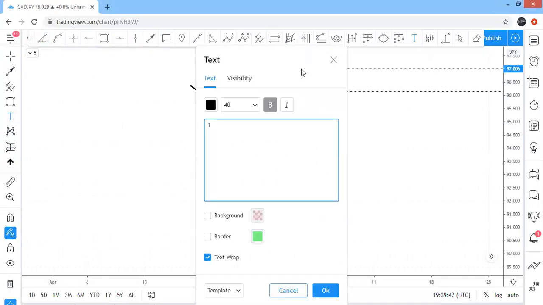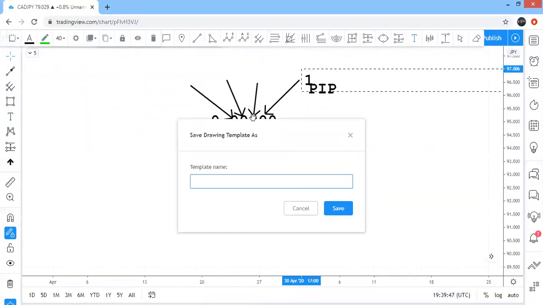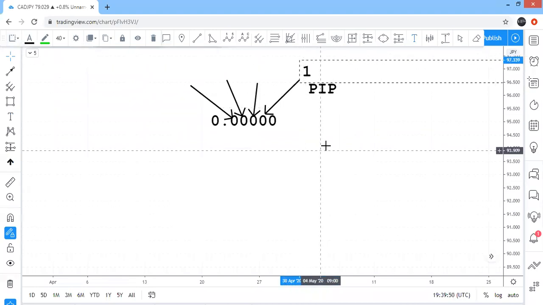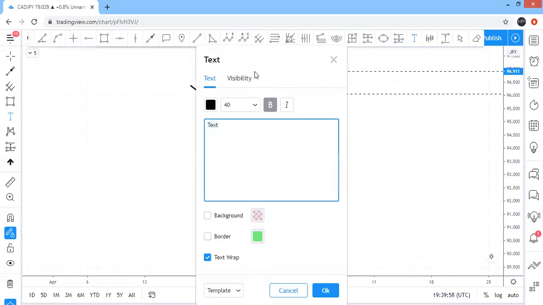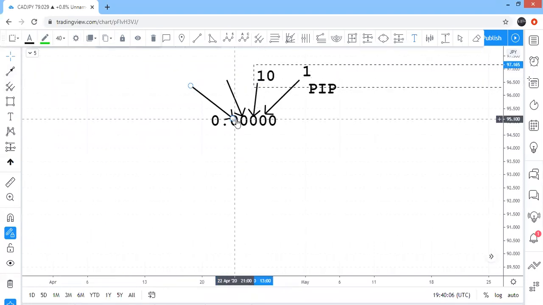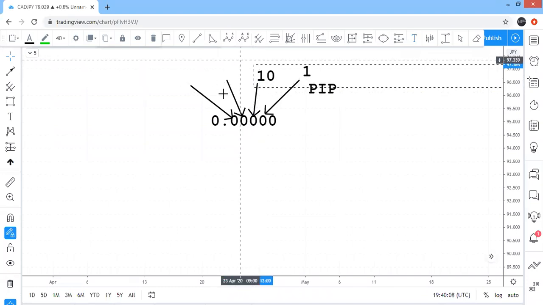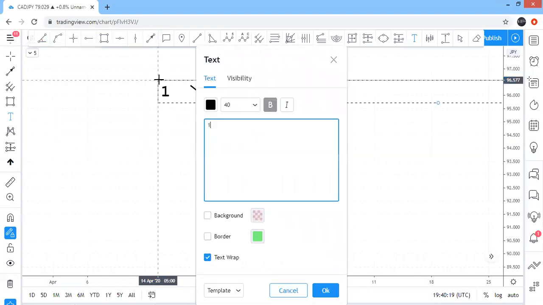So if you make 1 pip, then you'll be able to know how much that will be in dollars or in cents. Okay, now we're going to the next number over. We are timesing that by 10. So we're going from 1 times 10, that equals 10. We're talking about the power of tens, remember. Then we're going to the next column. You're going 10 times 10, which is 100. Then the final number is 1,000.